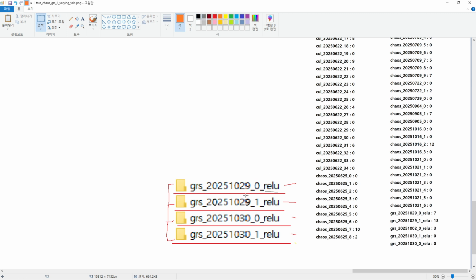So from GRS 2025 1029 underscore 0 underscore relu,